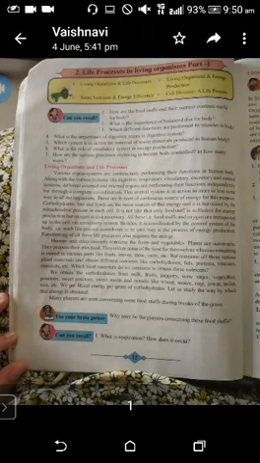So all these points are there in this, and plus the questions are given. Now the first question is given: how are the foodstuffs and their nutrients useful for our body? So here